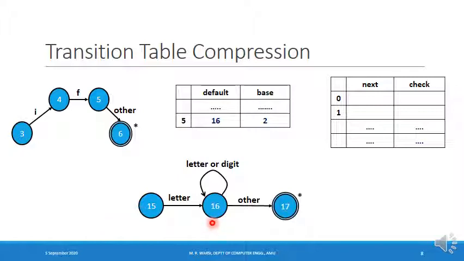So what we do is that for state number 5 in the default array, we are saying that 16 is the default state for state number 5. So if we obtain some other symbol and we fail to recognize, for example, the if keyword, then in that case we'll switch over to the automata which is recognizing identifier, and there we'll go to state number 16. 16 is the default state for state number 5.